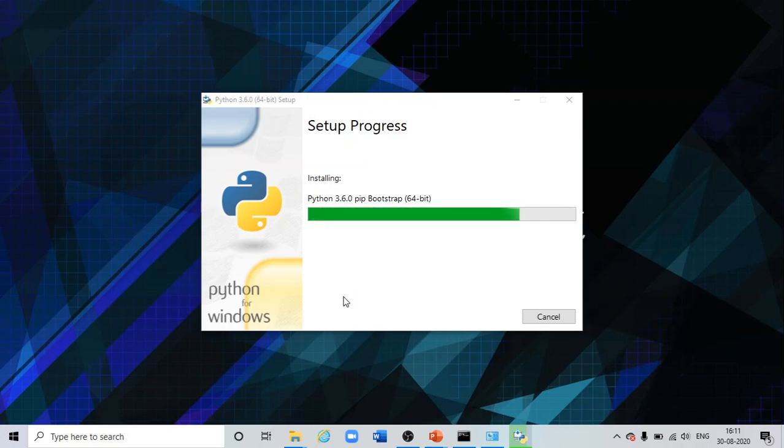So Python launcher is installing now. It is pip bootstrap. So adding path to the path and then precompiling standard library.